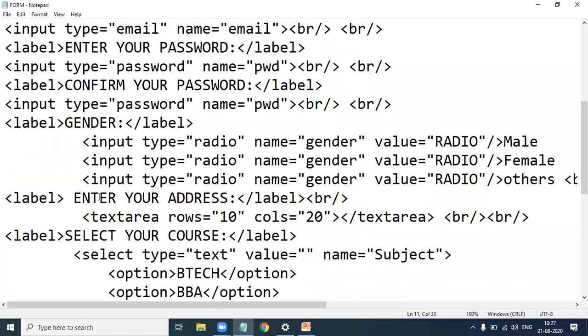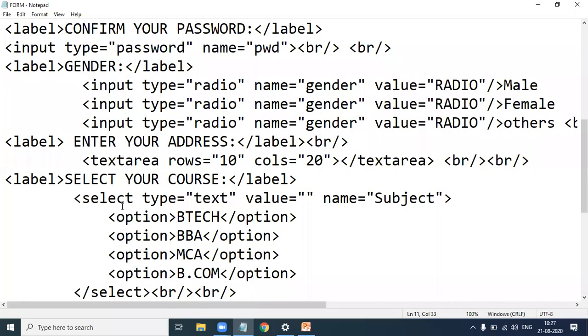Next, enter your address. That is a text area. Why? Because your address is multiple lines. If you want to insert multiple lines in the web page, we give a text area. Next one, select your course. Here I give the drop down list: BTech, BBA, MCA, BCom.